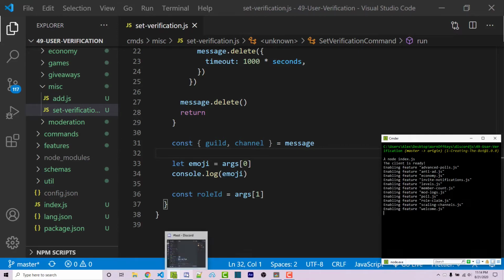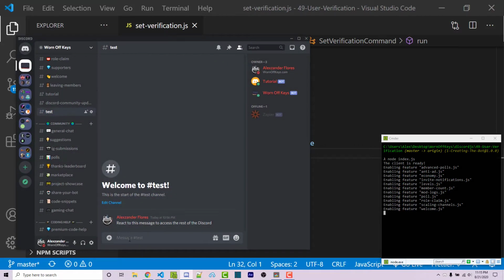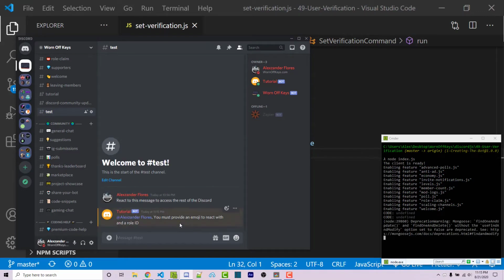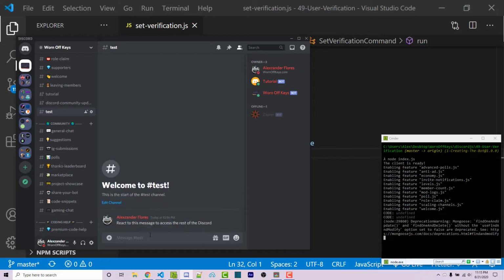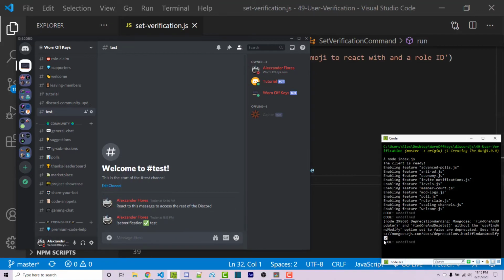I can then go back into Discord, and under my test, I can then run !set verification. And it's going to say you must provide an emoji to react with and a role ID. And then it deletes itself after 3 seconds. So I can then add, let's say, a check mark. And then for a role ID, right now we're not checking to see if it's a valid role, so I can just say test. And if we look in the console, we see an actual emoji right here,